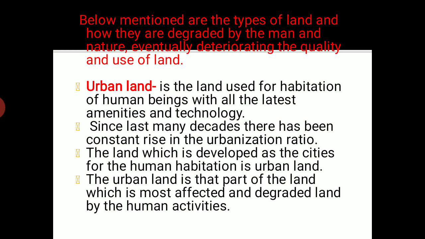Agricultural land, we saw earlier that because of one reason or another its quality keeps degrading, right? So here, because we are learning about land, we are dividing this whole land portion into three parts. It may be urban land, it may be agricultural land, or it may be any other land which we use for another purpose, like forest land, right? So urban land, forest land and agricultural land, these three types of land we will study, because we are studying the topic of degradation of land. Especially we are talking about the country of India, our country, right? So here we are going to study a few facts about the